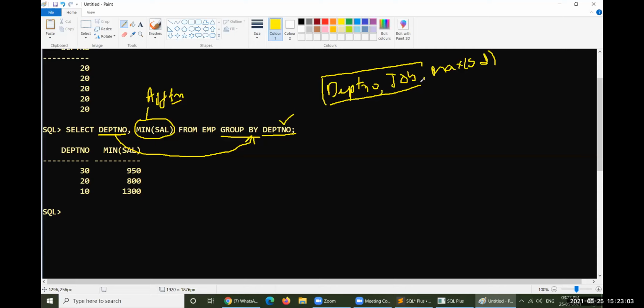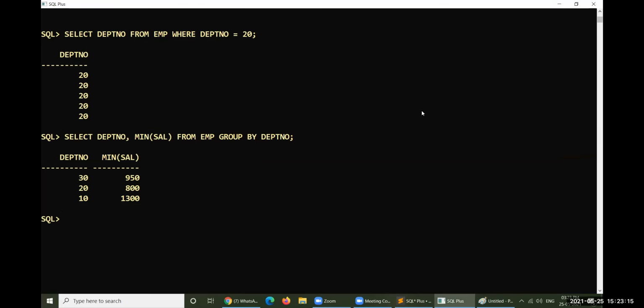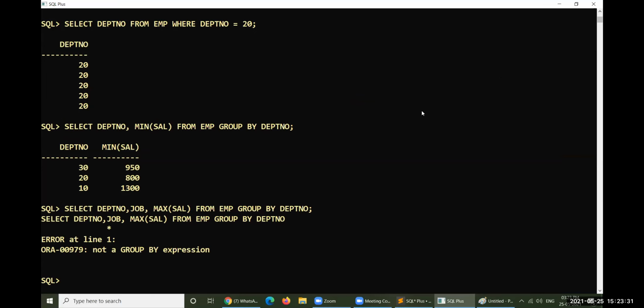Department number and job will be used in group by. Let me operate this here so you can understand easily. If you forget to give job here, it will give you an error. Then you have to adjust it, adding job also.